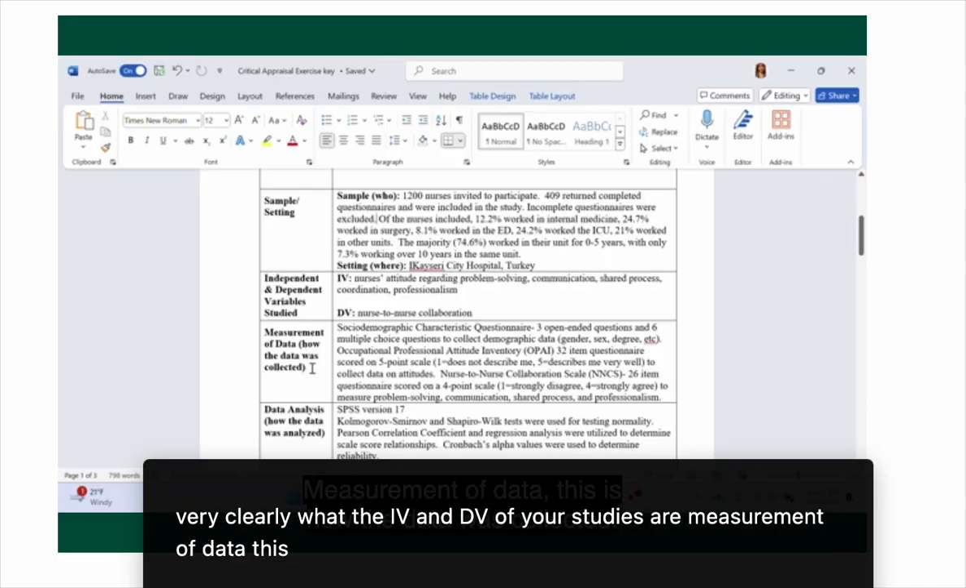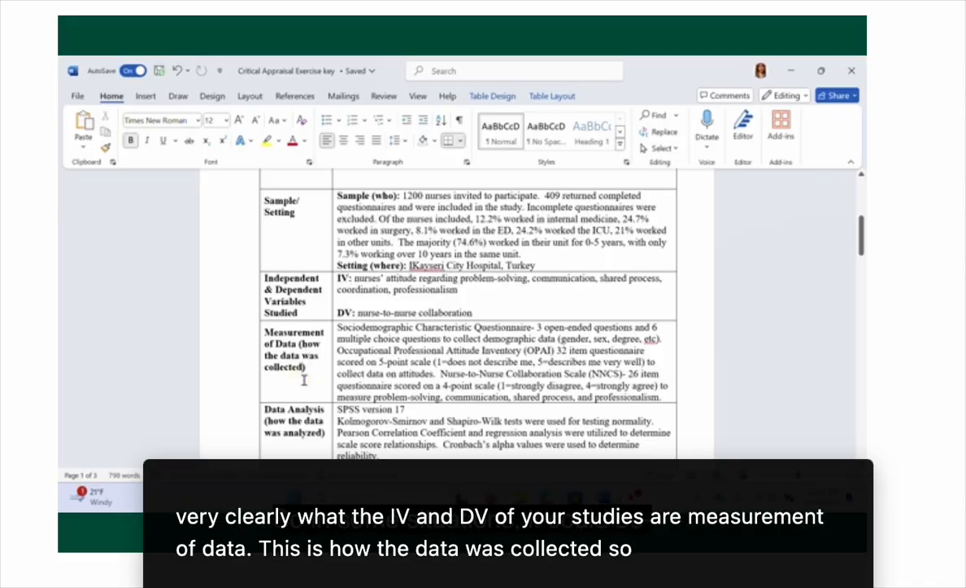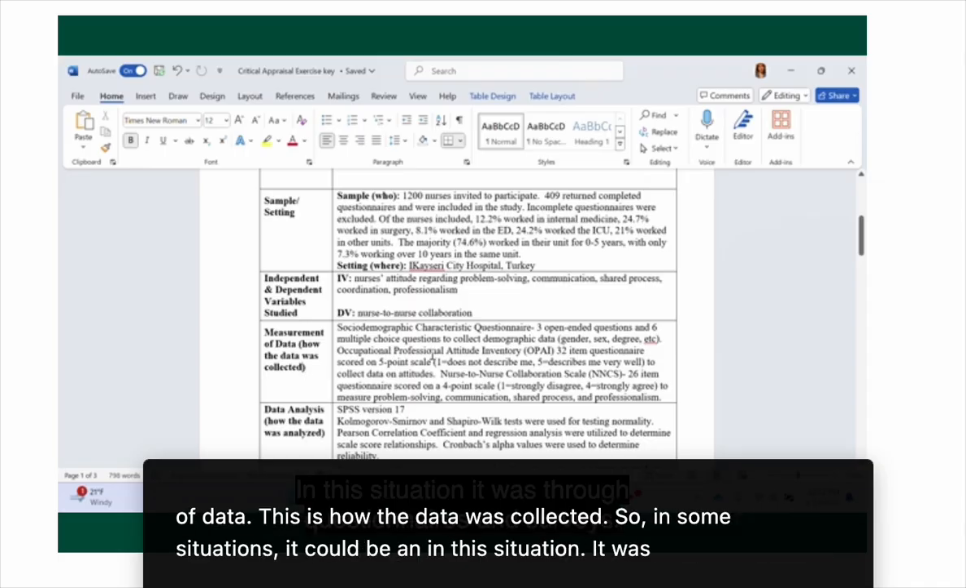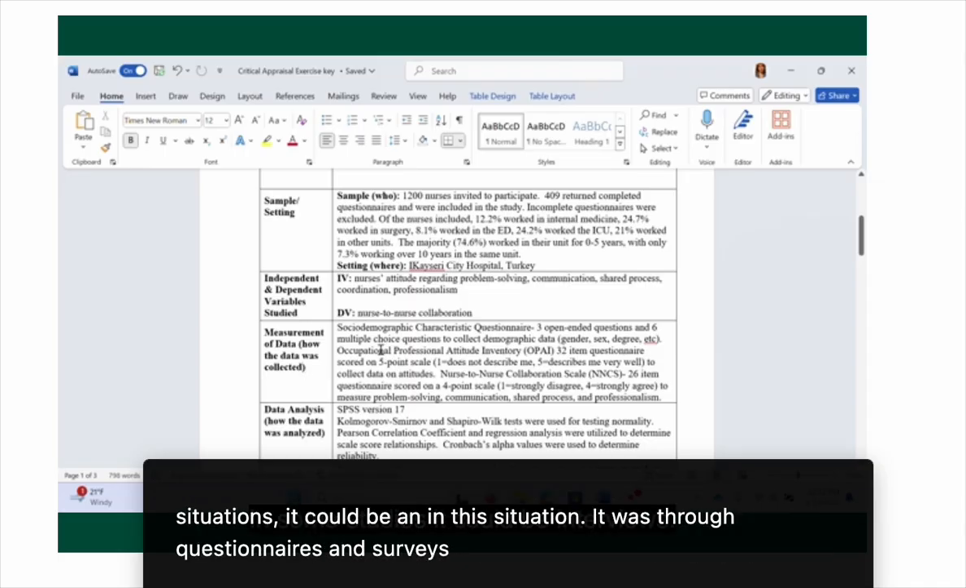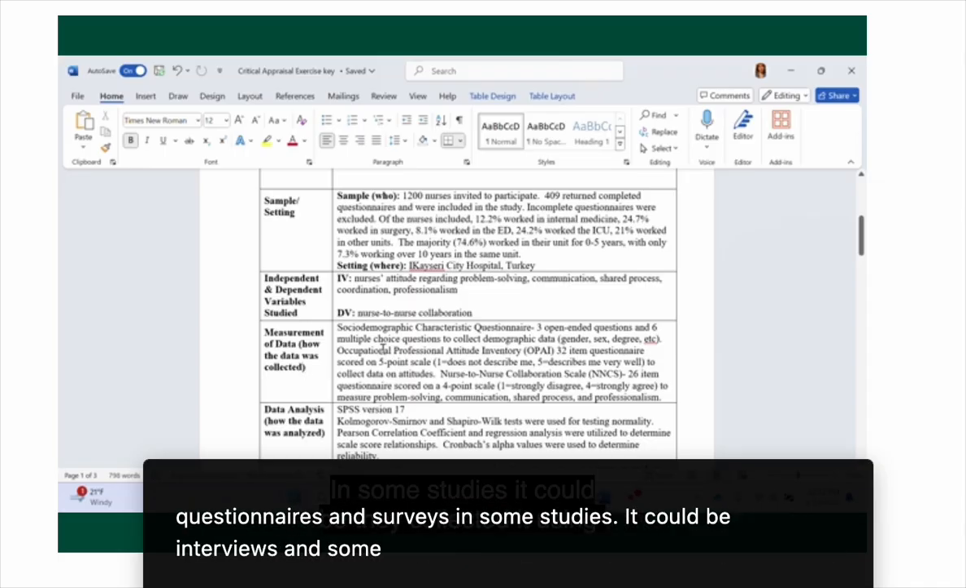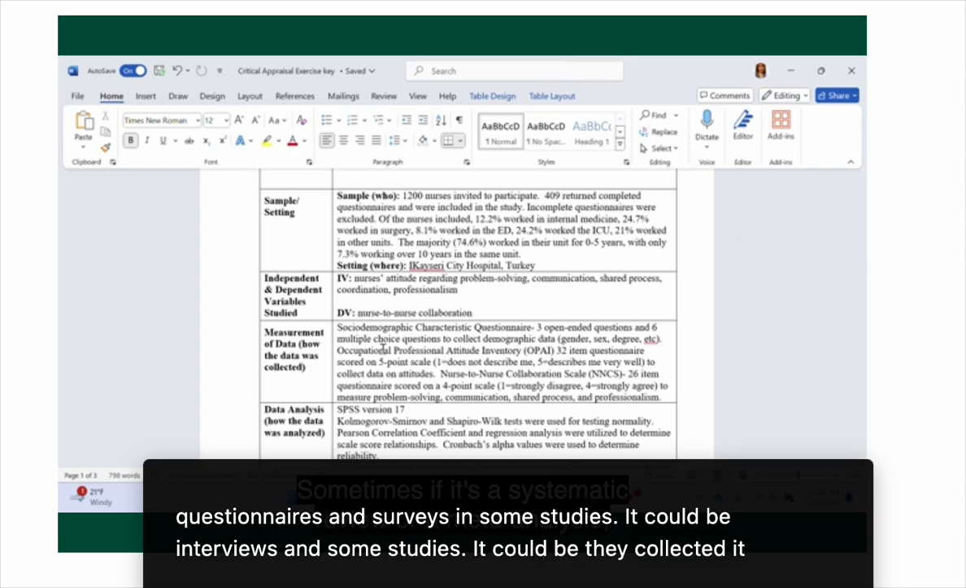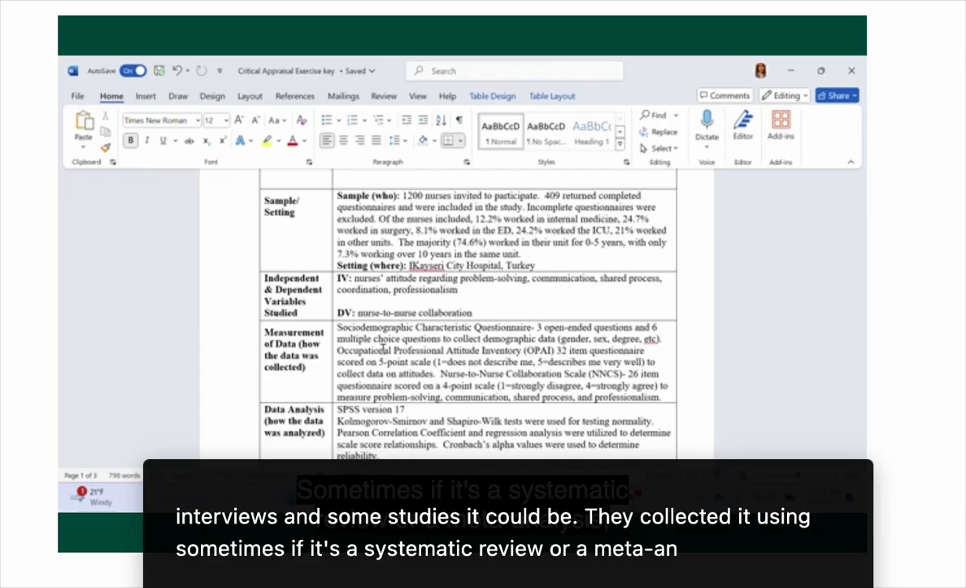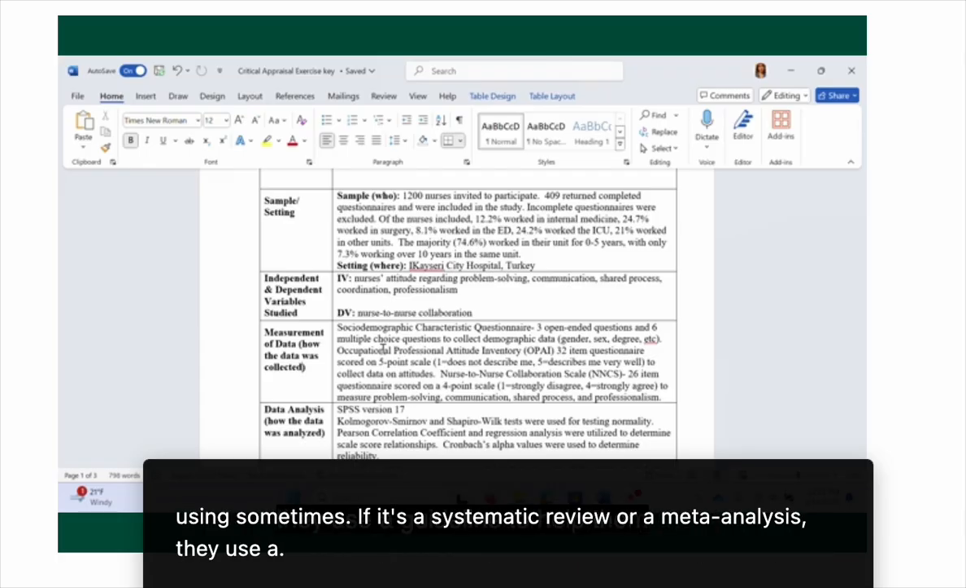Measurement of data. This is how the data was collected. In this situation, it was through questionnaires and surveys. In some studies, it could be interviews. Sometimes if it's a systematic review or a meta-analysis, they use a guideline to help them extract the information from the studies, and they'll clearly display